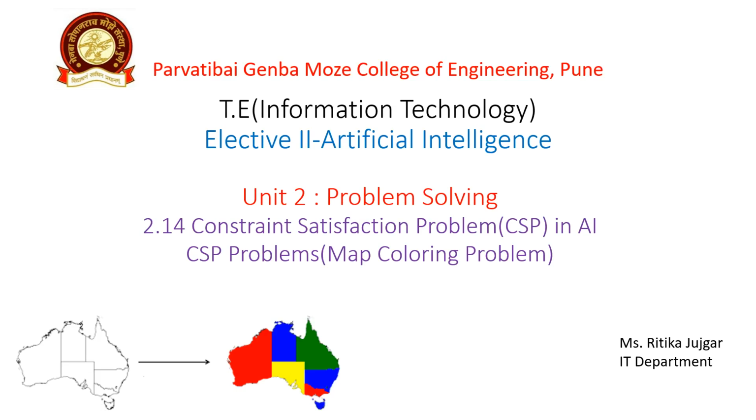So in the course of Artificial Intelligence, we are discussing Unit 2, where we already discussed what is meant by constraint satisfaction problem and different examples based on it. In previous videos, we discussed CSP problems like the graph coloring problem, Sudoku problem, 8-queen problem, crossword problem, and the cryptarithmetic problem also. The last CSP problem is the map coloring problem, so in this video we are going to discuss the map coloring problem. Let us discuss here.